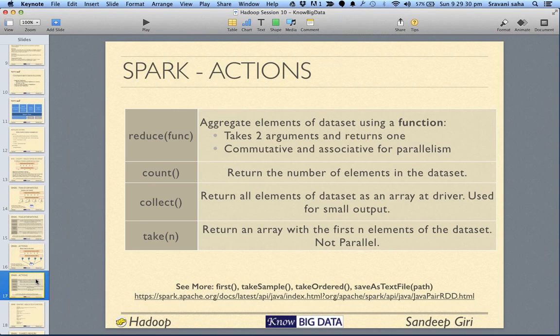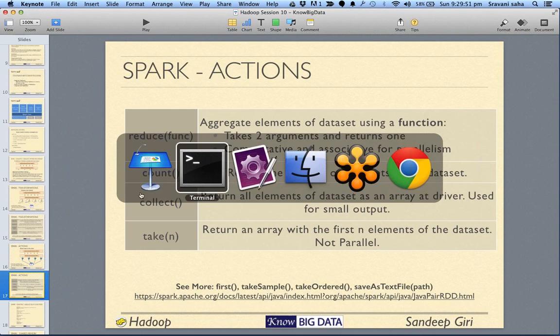Reduce takes two elements at a time, combines them, and whatever is the result of this conversion of two elements, it applies the same function again and again. If you attended the combiner session, you will remember that.